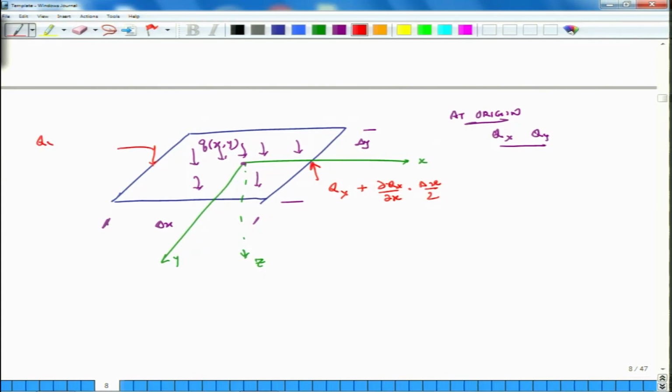So, this is qx minus del qx over del x times delta x over 2 on the other surface by